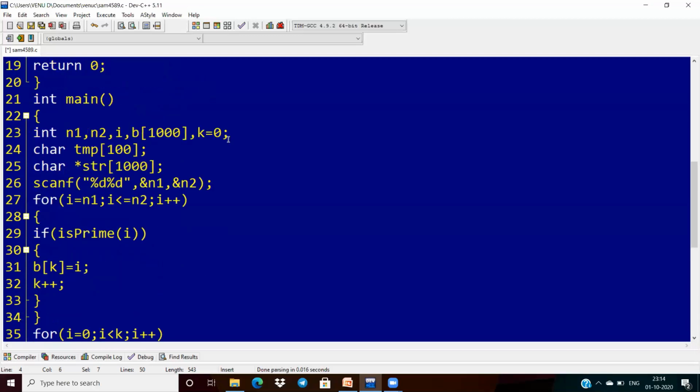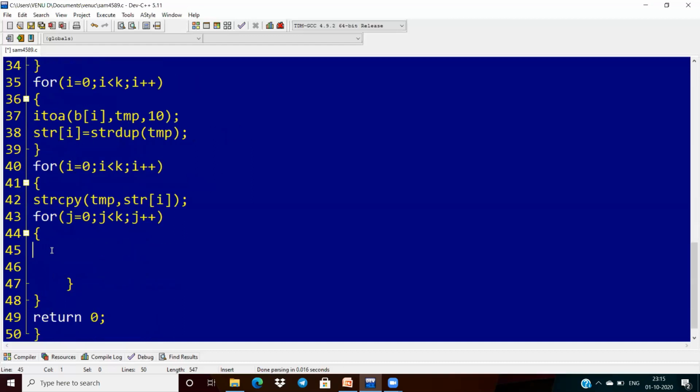And now what am I doing here? I have to take one more variable called L, initialized with 0. I'm storing a of L equal to strcat of, where I concatenate str of i comma str of j.